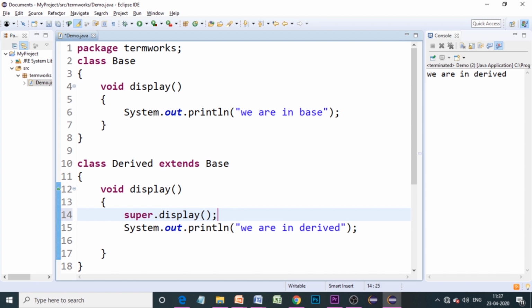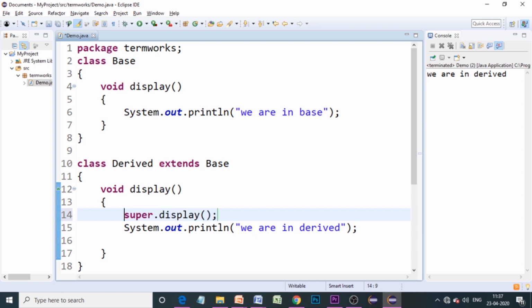So when we call this as super.display, the control will be passed to the display method of the super class, that is the parent class of the derived class. So we know that parent class is base and the child class is derived.